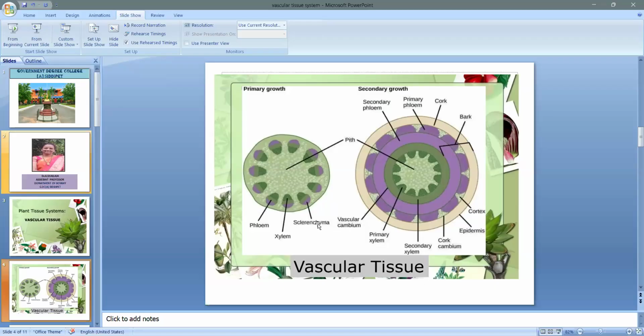Each vascular bundle consists of xylem and phloem tissues